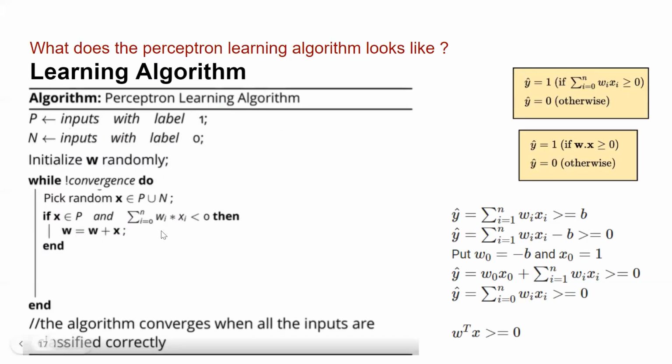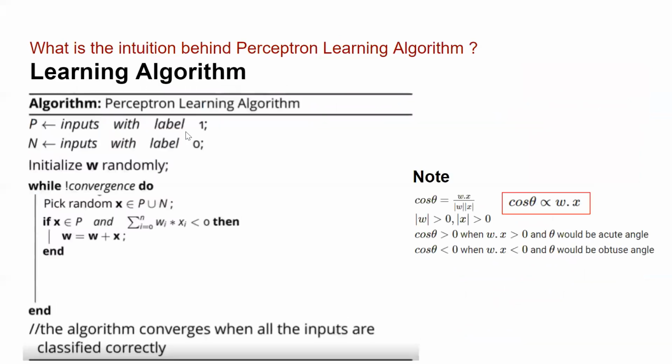Okay, now this is an algorithm part. But if you think carefully about this algorithm part, you must be wondering what is actually happening when I'm adding this W with X, and what will happen if I do W minus X? What is happening in the backend that is helping me move toward convergence, right? For that I have one layer deeper analysis to share.